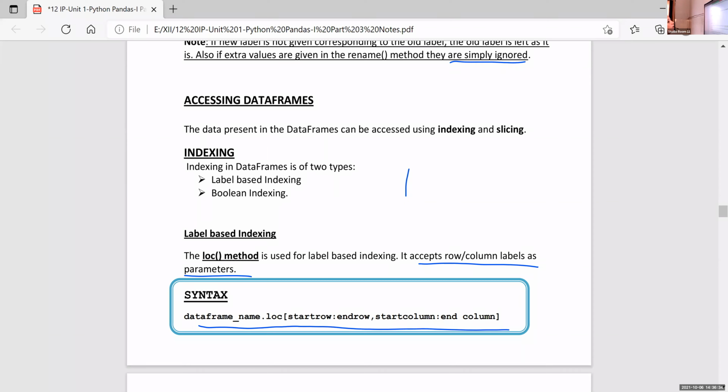If you want to display the first to fifth row, then we will write 1:5 with its row names. Then we can also give start column and end column. So syntax for loc method, and Boolean index means we can give integer values.